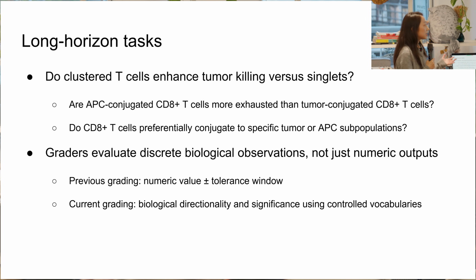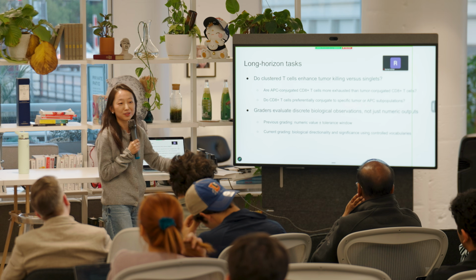So now with this grading system for the long horizon tasks, we're thinking about using a more controlled vocabulary. Instead of grading purely based on numeric numbers, can it answer final scientific conclusions using this more controlled vocabulary? This is still work in progress. We're still thinking about how to best set up graders for each of the questions we're trying to ask. So yeah, still work in progress, and stay tuned for the exciting results.